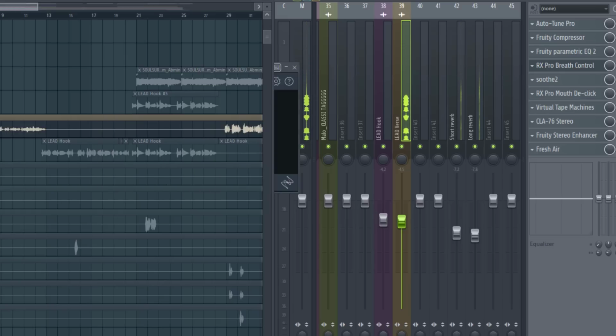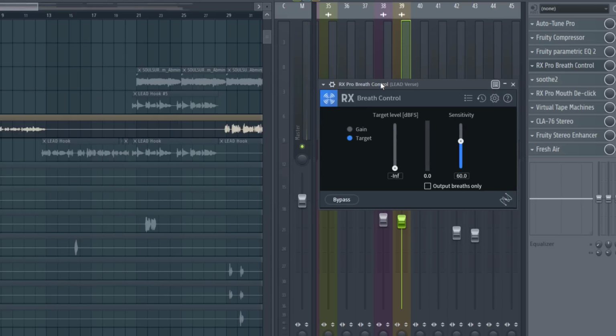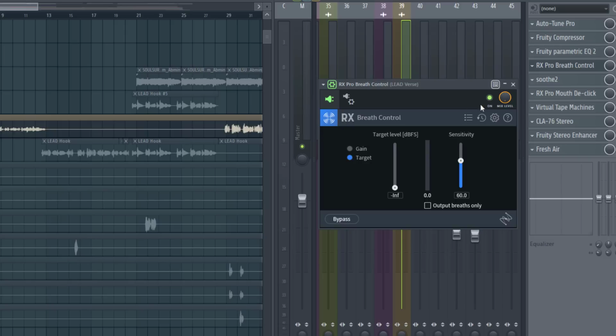So you can see those blue lines moving. That's just simply the plugin working to clamp down the breath. So if I turn it off,